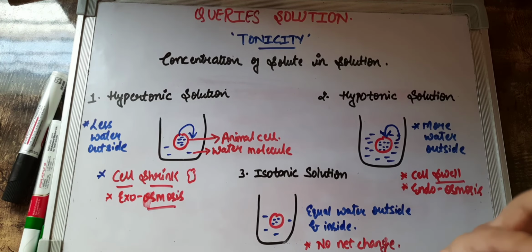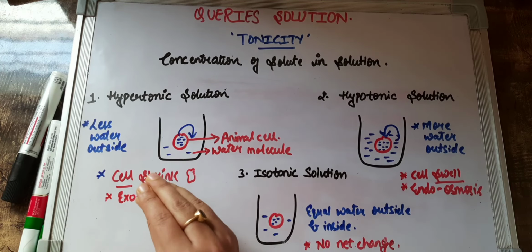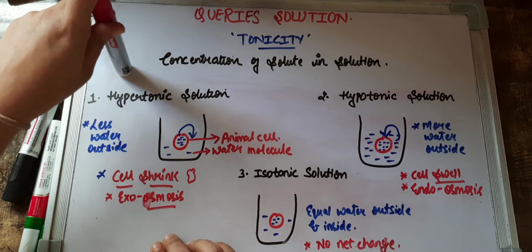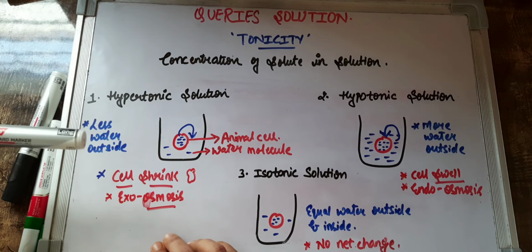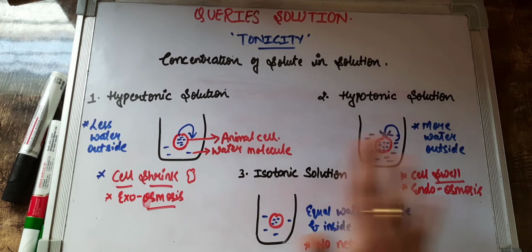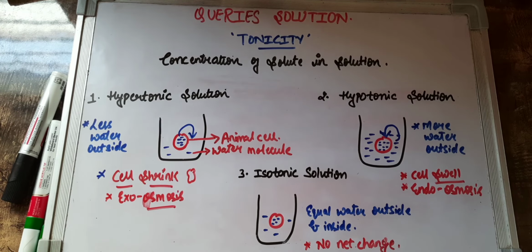What will happen if you keep swollen raisins in less water? They will shrink. Why? Because now you have kept them in hypertonic solution, so they are going to lose their water. But if the water concentration remains the same, children, there will be no net change. So this is the change that we will see in the case of an animal cell. But now I am switching my discussion to what will happen if I keep a plant cell. Will I see the same changes, or will there be a difference in change? So let us explore that as well.